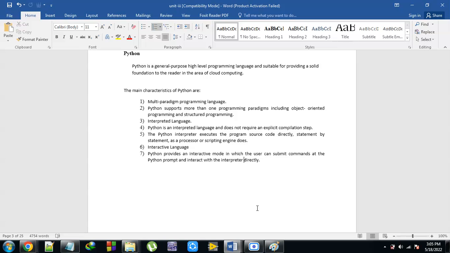Python is a high level language, no doubt at all in that. It is a language suitable for providing a solid foundation to the reader in the area of cloud computing. If you want to work in artificial intelligence, cloud computing, and data mining, or if you are working in web development, if you are an application developer, gaming developer, framework developer, in any case Python is nowadays a very reliable and very sophisticated language. Okay. The main characteristics: